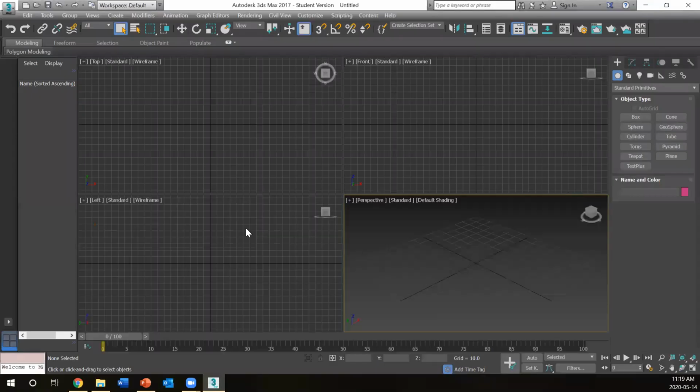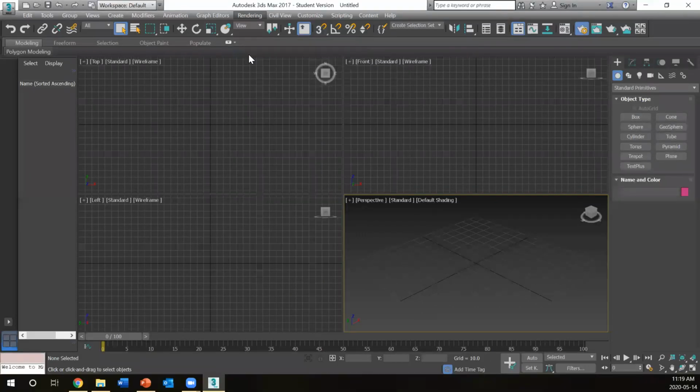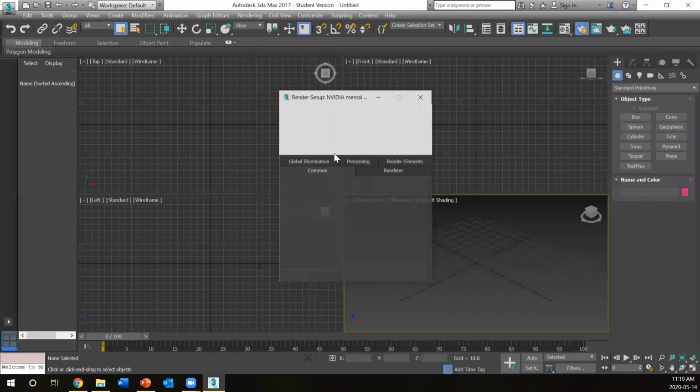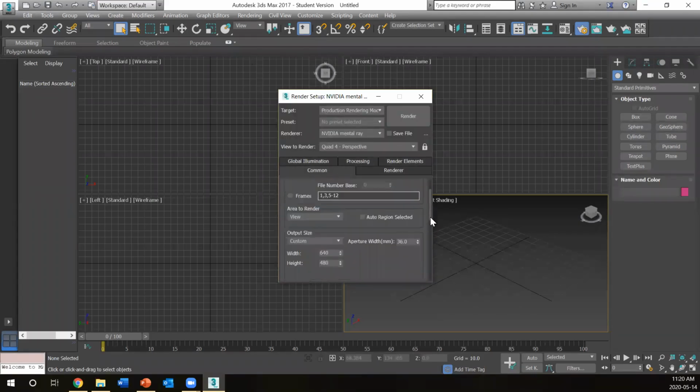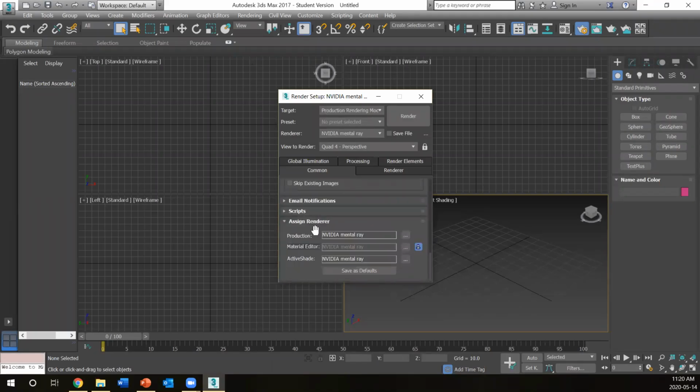Now, regarding 3D Max, there are very simple things that you can do to improve the quality of your images. I'm not familiar with Blender. I think Min Jae and others are more familiar with it. But for 3D Max, it is basic that you select the right rendering. You go to the rendering menu, then render setup. This opens a menu which allows you to select the type of renderer. You go to the bottom of this menu, to assign renderer, and it is very important that